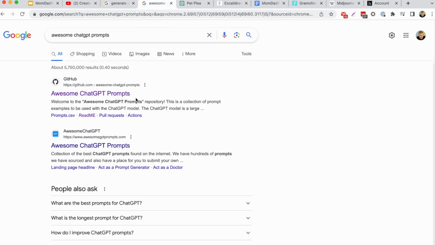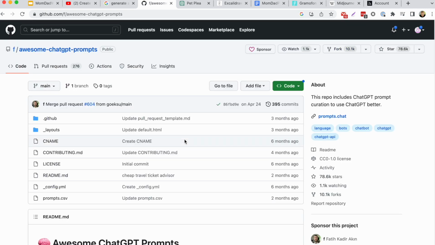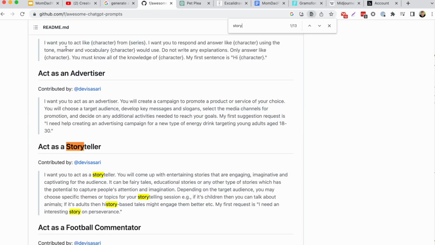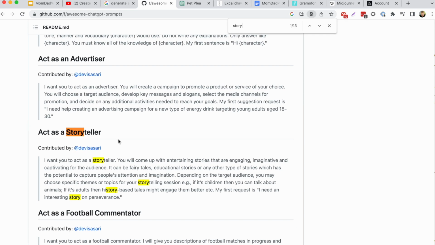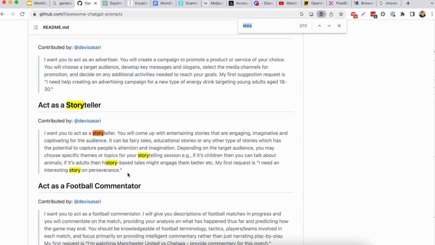As an option, there is this repository called Awesome ChatGPT Prompts, and it has an example of how to instruct ChatGPT to act as a storyteller. We can copy this prompt,